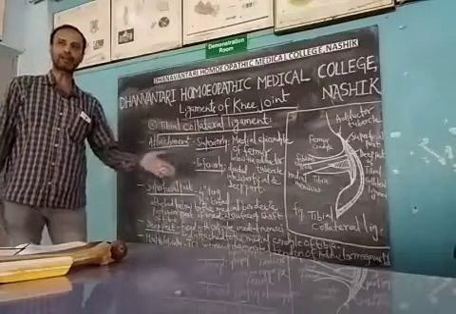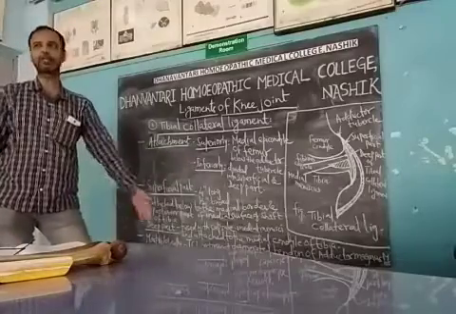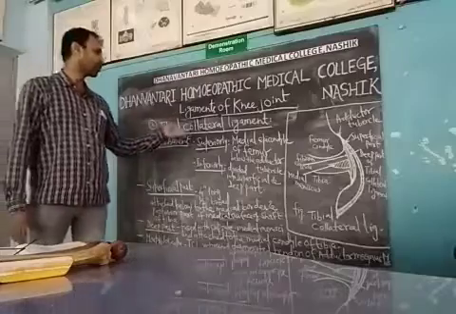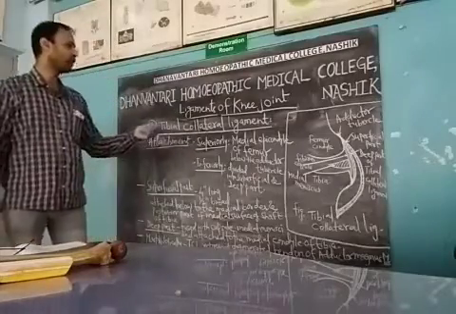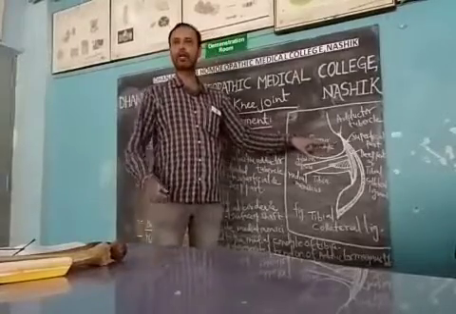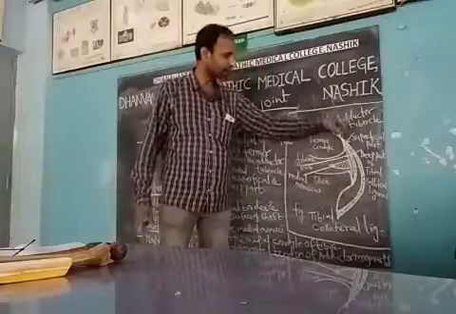Now its counterpart, its opposite, will definitely be the fibular collateral. That's the fourth ligament that we are going to learn, because it is attached on the fibula. So between femur and fibula there is a fibular collateral. Here we are going to learn about the tibial collateral ligament. As in the diagram you can see, this is a band-like ligament.